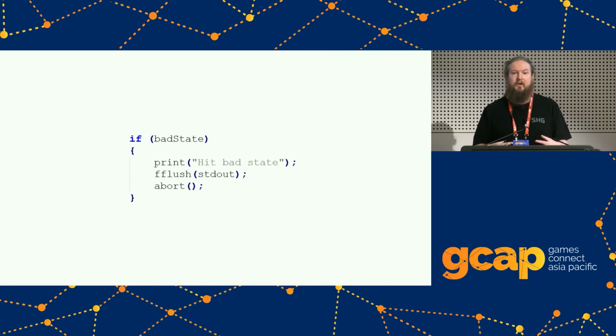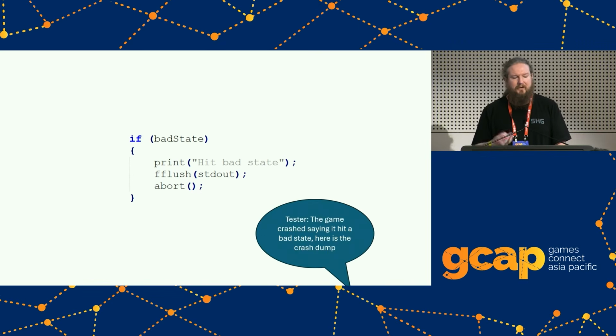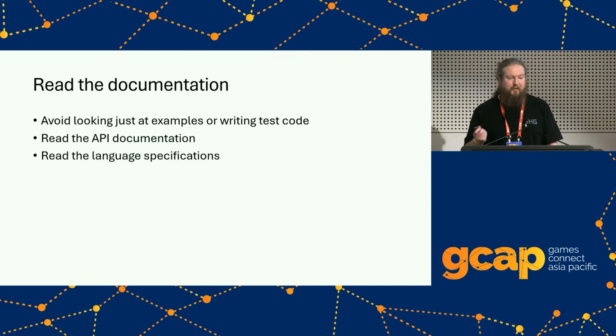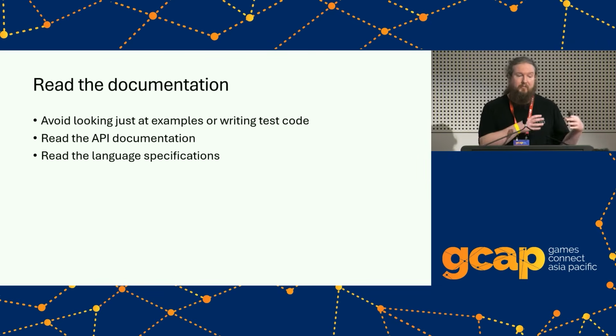So I've got a lot cleaner code just because I jumped in and read the documentation rather than just looking at those examples or going based on what I thought that I knew initially. And then from that, now that I've got a bit of code there, the game actually crashed and it generated a crash dump because I've used abort, which was the proper thing for that abnormal state. So just to reiterate a lot of that: read the documentation, avoid just looking at examples or writing test code and seeing whether that works. This includes looking at things like language specifications or anything else, whether it's instructions that come with a compiler or whatever it is.